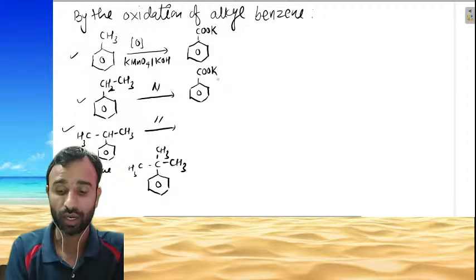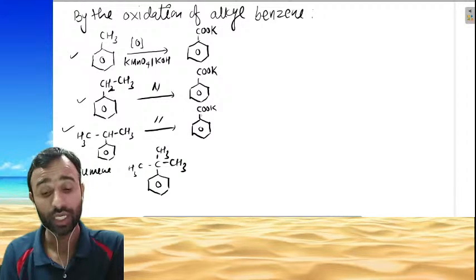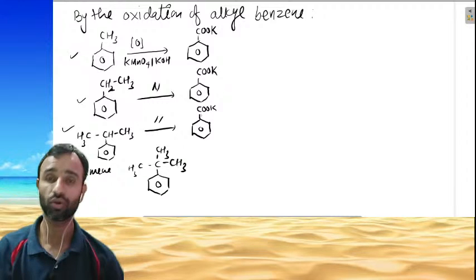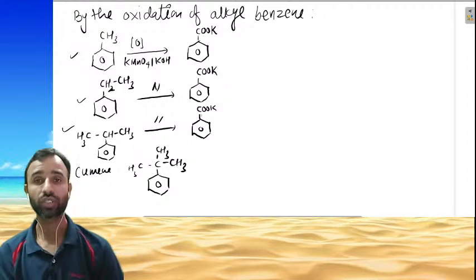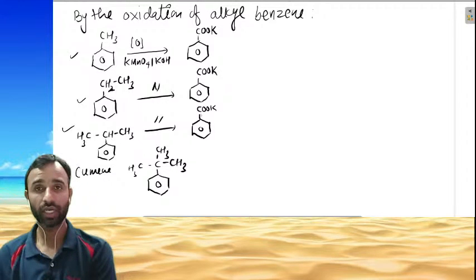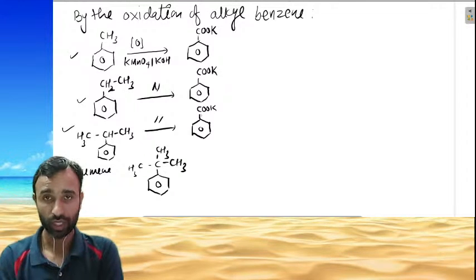We get potassium benzoate along with carbon dioxide and water. Hydrogens are converted, extra hydrogens are converted into water and extra carbons are converted into carbon dioxide,